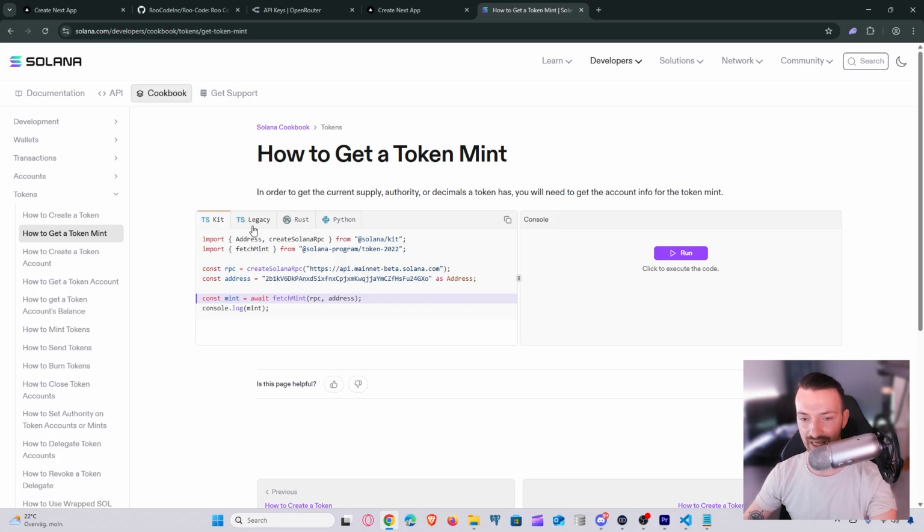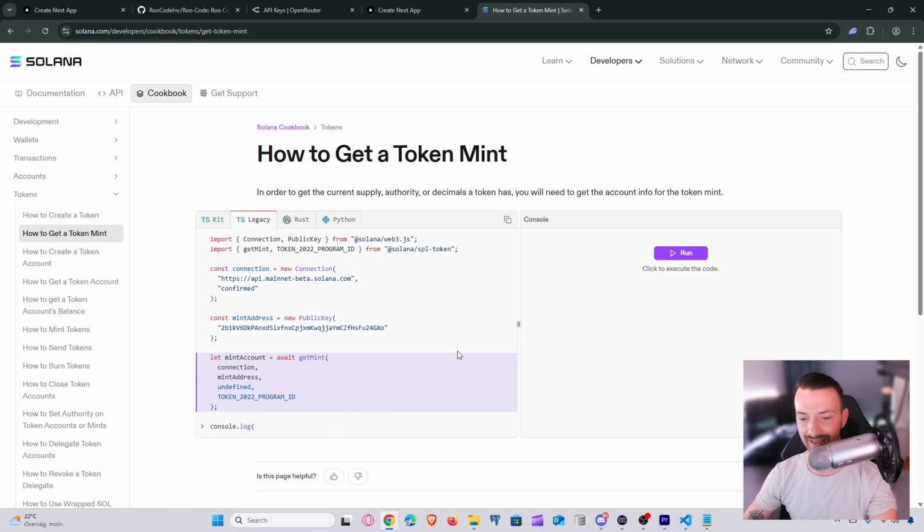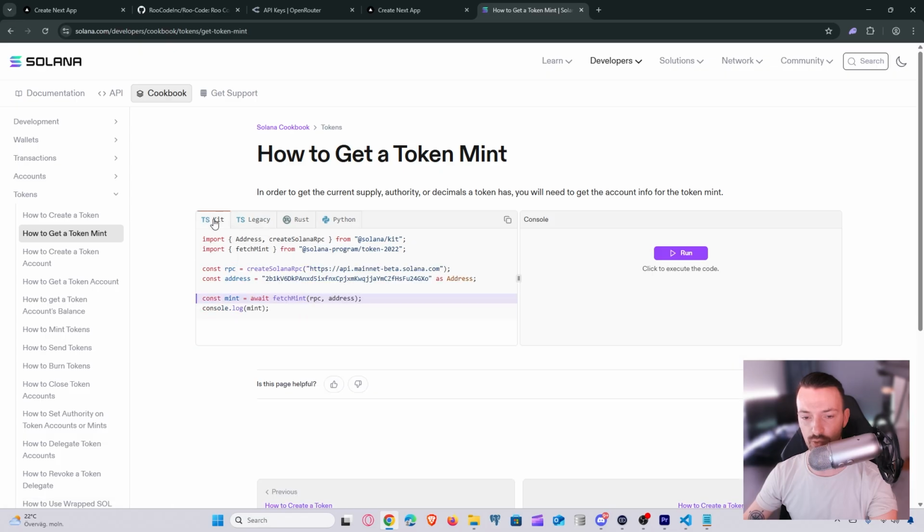Now, you have the TypeScript legacy option, and that is what we can use to do that, of course. But for now, we will use the TypeScript kit. So this functionality we can just import into our project, make some slight changes, and then we can create a function that just accepts a token address or any value that we give it, sees if it's a valid token, and then returns true or false to us, because based on that we can allow the user to enter that